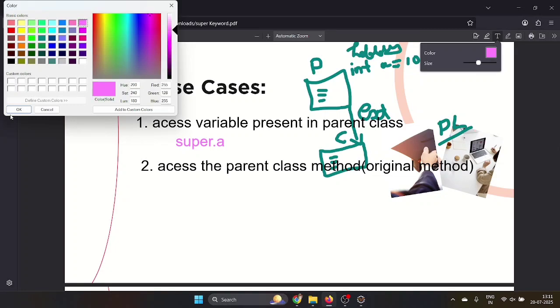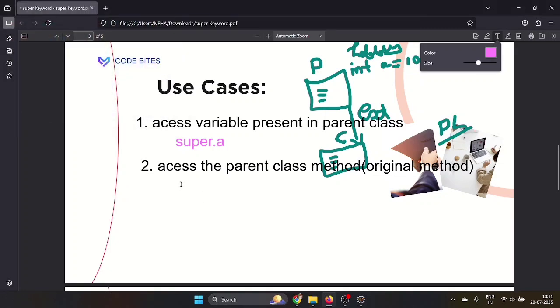Still not, don't worry, while we are doing the coding part, you will understand in a better way how you are going to access that one. Means using the super keyword dot which method you want to access. Here the hobby method.